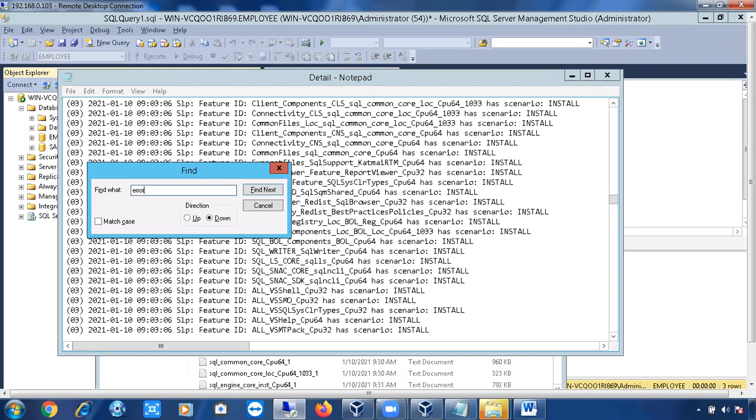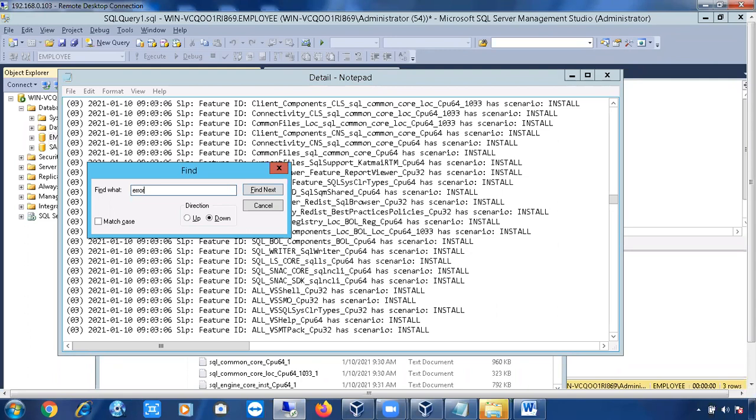Even if you don't find the exact reason, at least you will find some hints why it failed to install, failed to patch, or failed to upgrade. In this way you can troubleshoot installation errors. So if anyone asks how you are going to troubleshoot if the instance has failed, what is your answer?